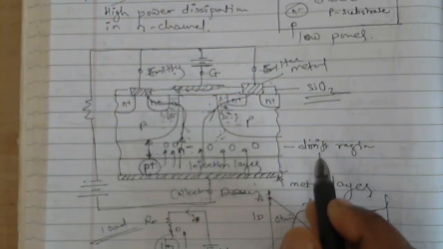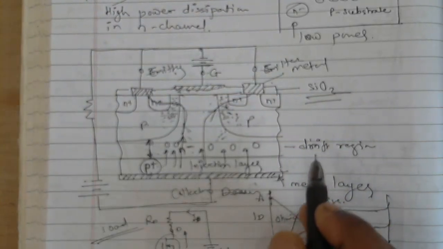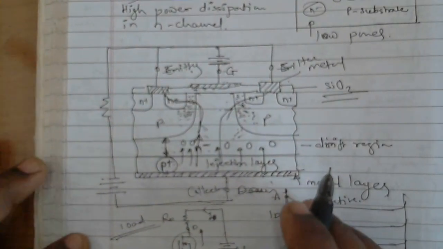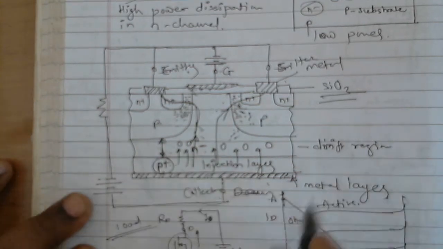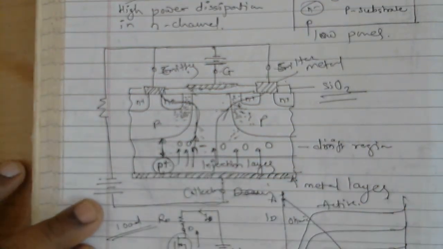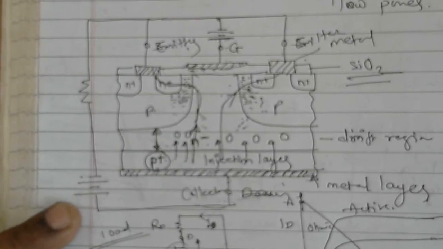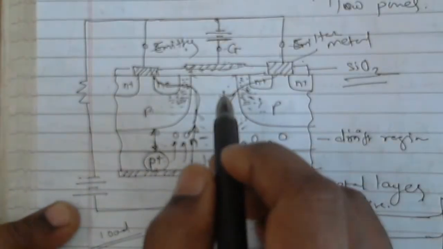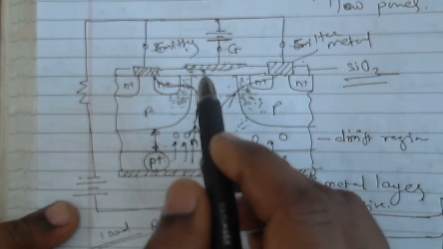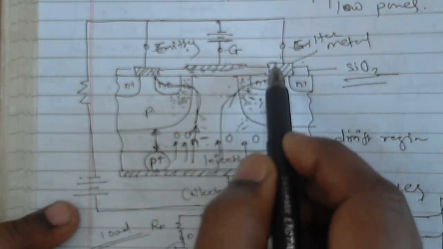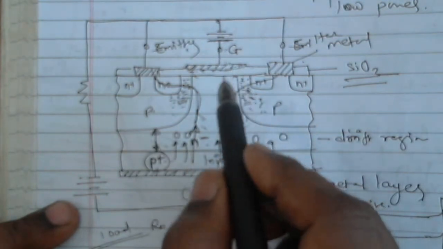Now how it works: its working is again somewhat similar to that of the MOSFET. The difference I will tell you. Let me try to zoom. I hope it is clear to you. Now on a similar line, when this gate is made positive with respect to the emitter by voltage Vg.